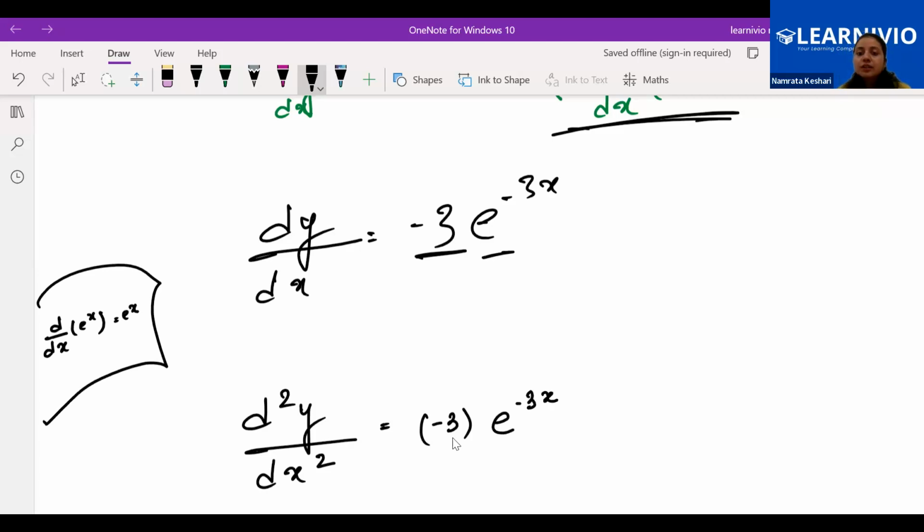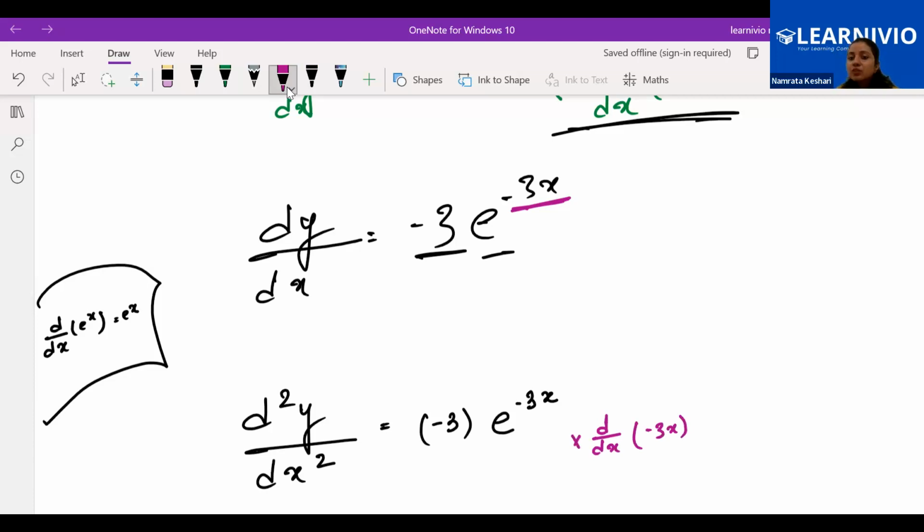Whatever is there will remain as it is. But hey, this one doesn't look exactly like the formula. There is a change. Can you see the power is different? Again I would repeat the same thing, the power is different, so we have to do the derivative of that again